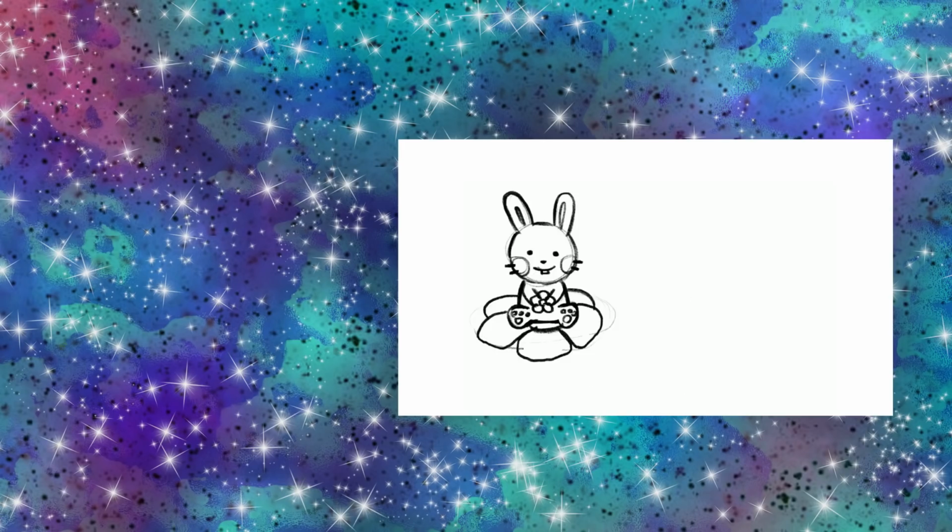So I started sketching out some ideas for upcoming enamel pin designs. I know I want to do more bun stuff, so I sketched out a couple here. I'm not sure what else I want, but I'll brainstorm